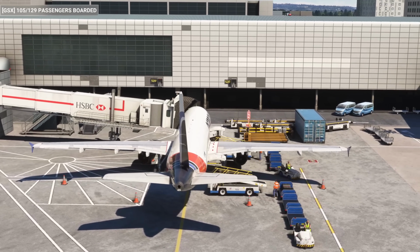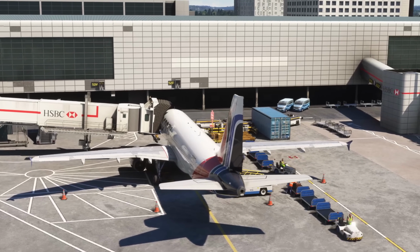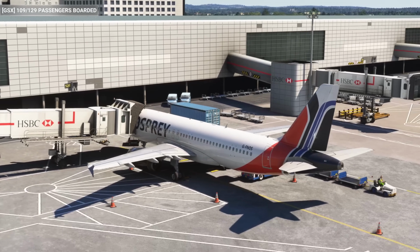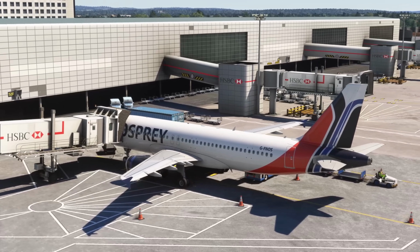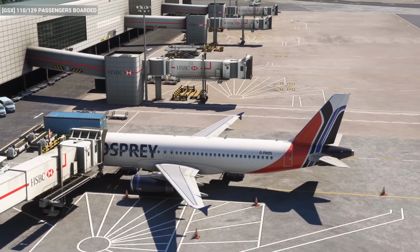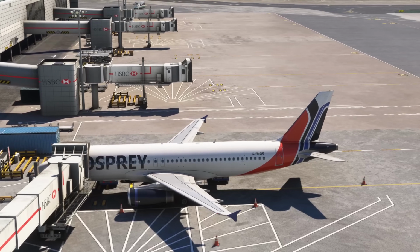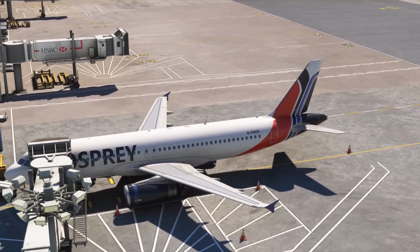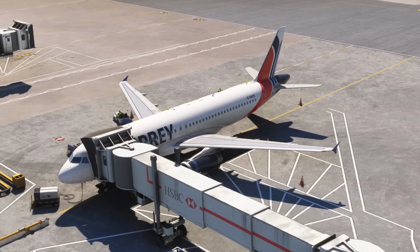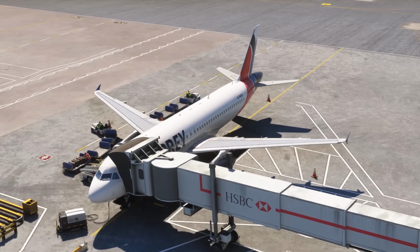So like myself, I loaded in, installed it first, thought it would just be active by default, because why wouldn't it be? To find that they were loading up and then vanishing in the aeroplane's cabin. So a little dig around on the forums, found one post, only one, just with a snippet from the manual effectively. So you've got to go to the GSX configuration page as a reminder,